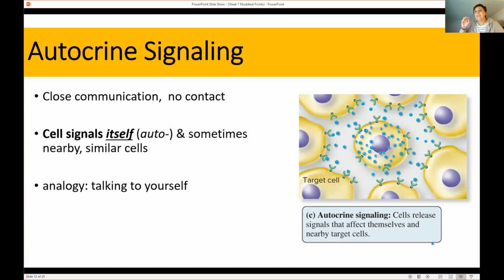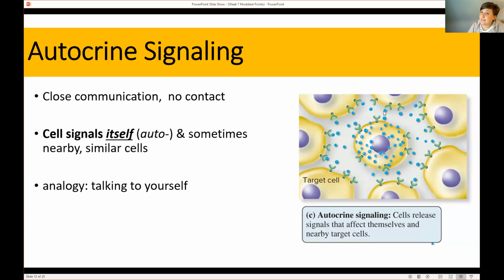So autocrine signaling is exactly that, right? One cell creates a message and hears that message. It's talking to itself. So that's what we're looking at in this picture. You have the cell creating the message. The message is in blue. Notice that that cell has the receptor to hear that message. That means that this cell is creating that message and it's hearing that message. It's talking to itself.